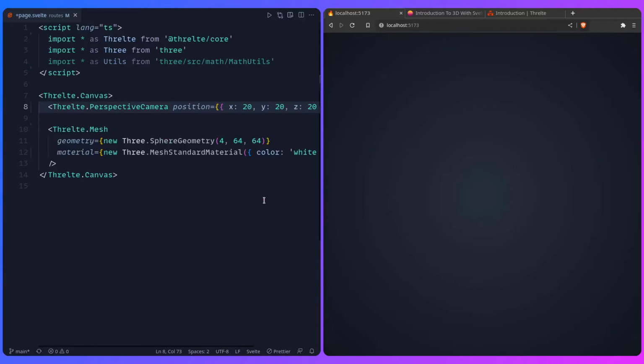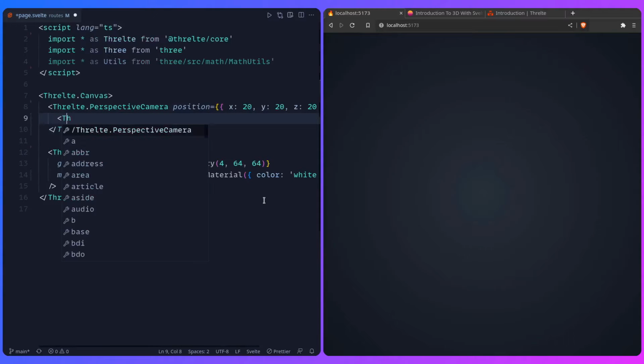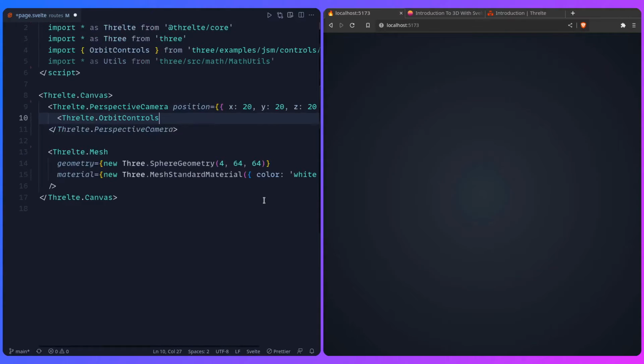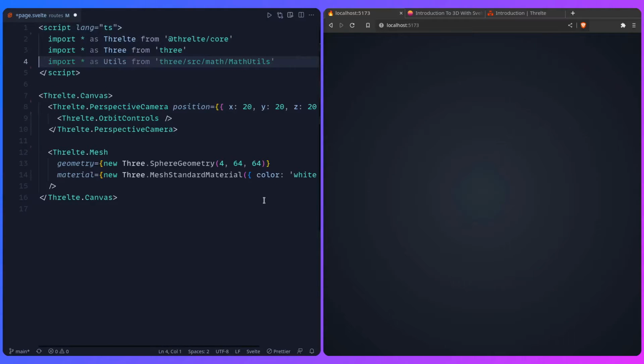And now this should be slightly better, but we don't see anything because we need to add orbit controls. And orbit controls are going to let us rotate around the object and see it. So thank you, editor, but I really didn't want you to do it. So we can say Threlte orbit controls, and then we can do it like this. And let me just see. Oh yeah, it imported. It also does weird things like this. Yeah, so let's just save it, and you can see our sphere here,